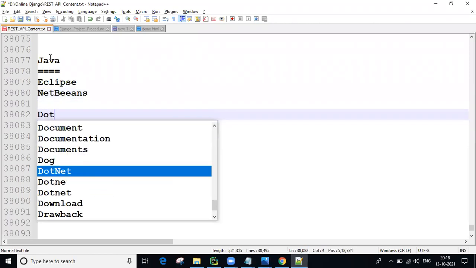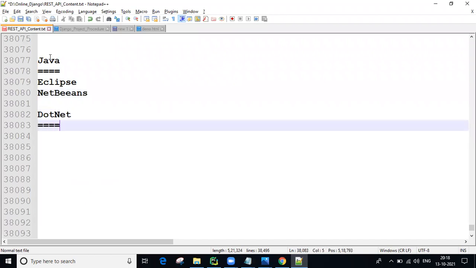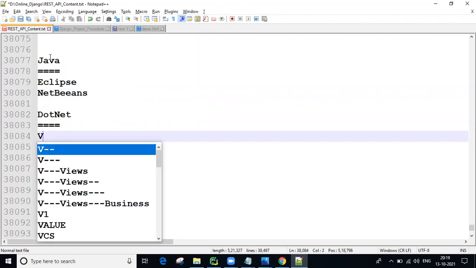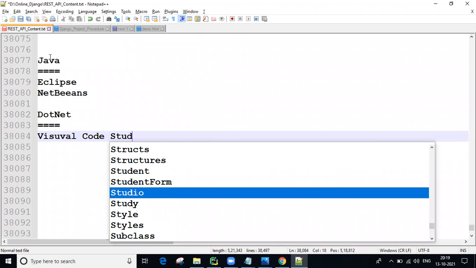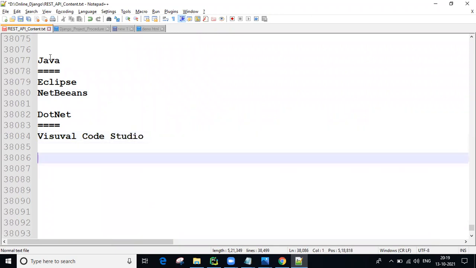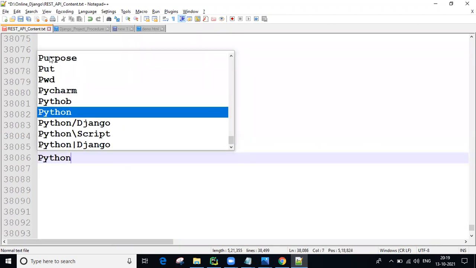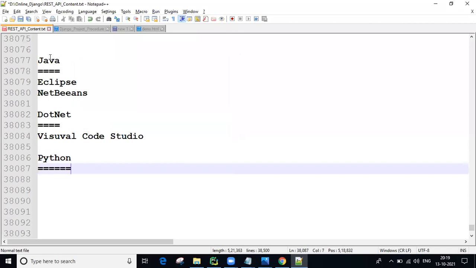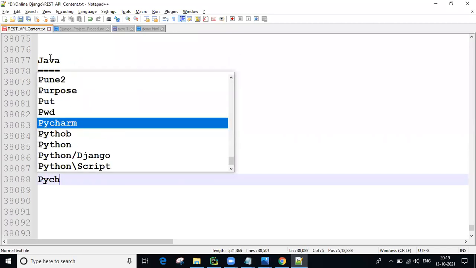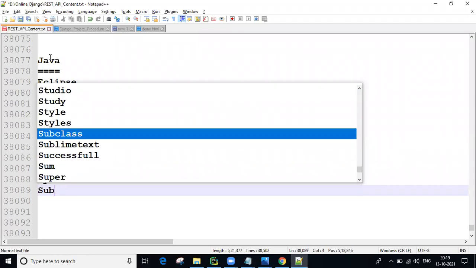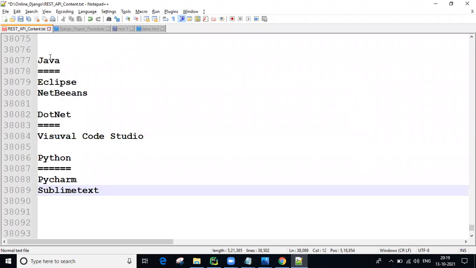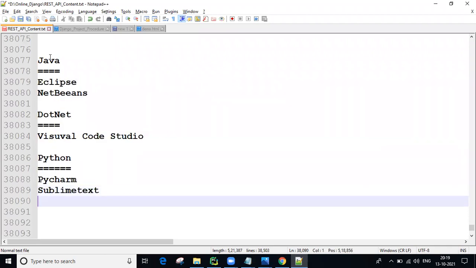People who are learning .NET use Visual Studio Code most of the time, and people who are learning Python use PyCharm most of the time. Here you can also use Sublime Text, Atom, whatever you want.